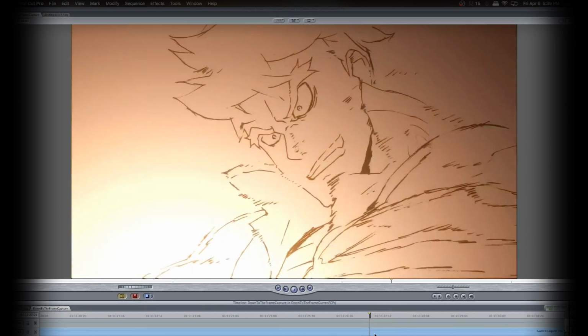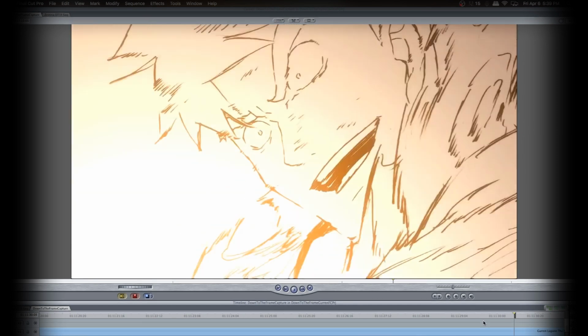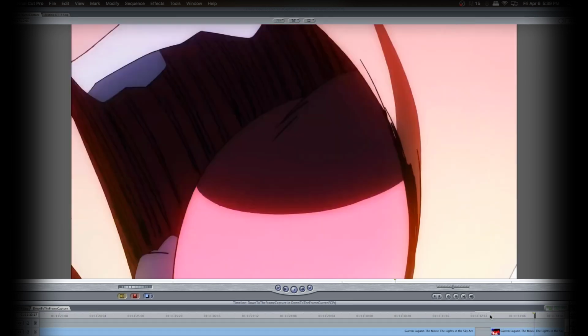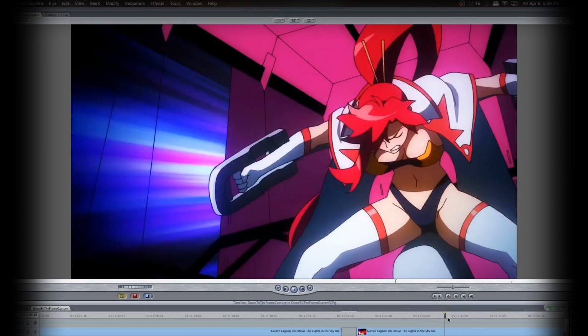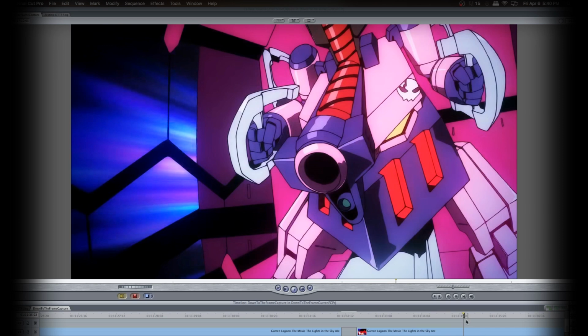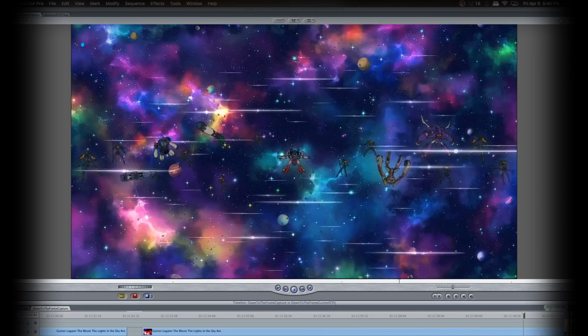He gets probably one of the better line wipe shots. It's like he's just slowly whisked out of existence. It's very sad in a sense. And Yoko's pissed because she just finally found another guy she can love. We get double shiggles, double action shiggles. And then unleashes a barrage of missiles that